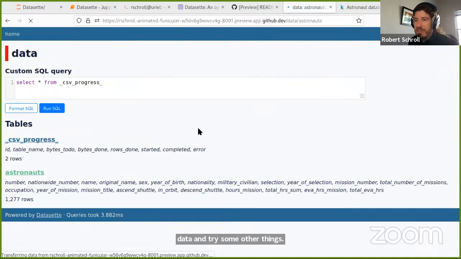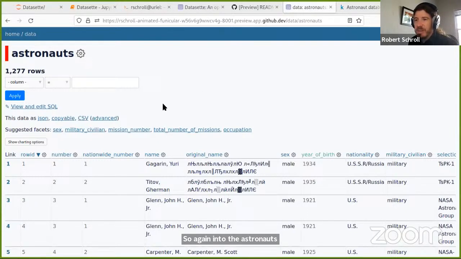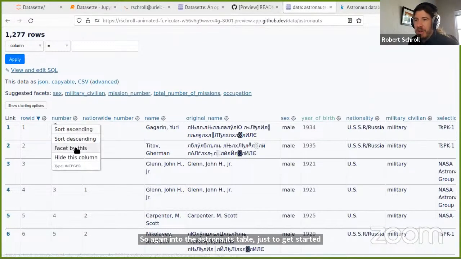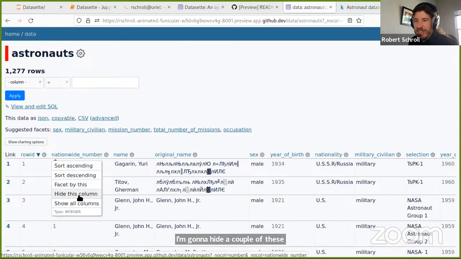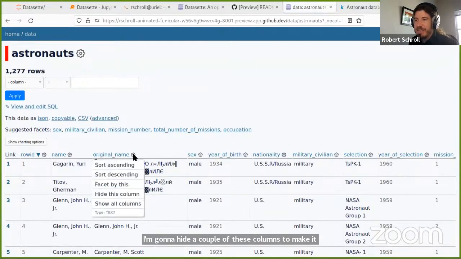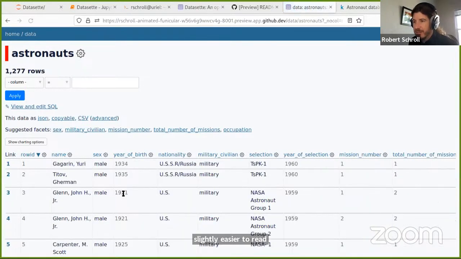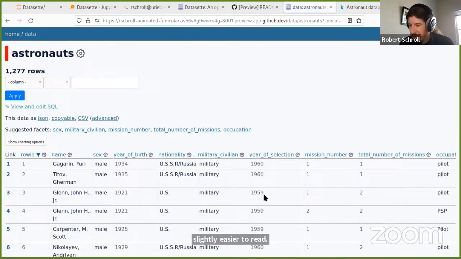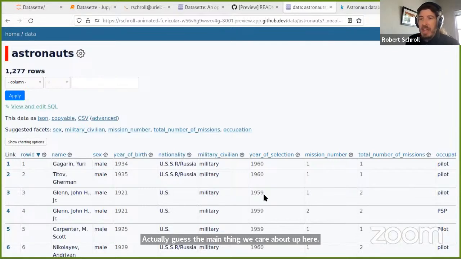So again, into the astronauts table just to get started. I'm going to hide a couple of these columns to make it slightly easier to read. That should get us the main things we care about up here. And I might be curious how many different flights these people have been on.